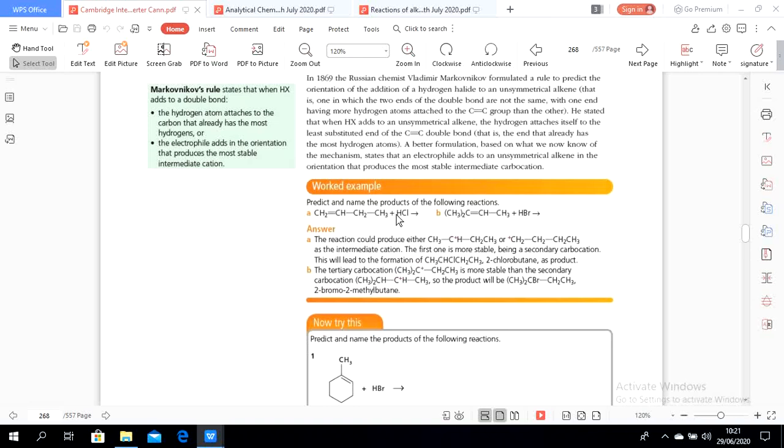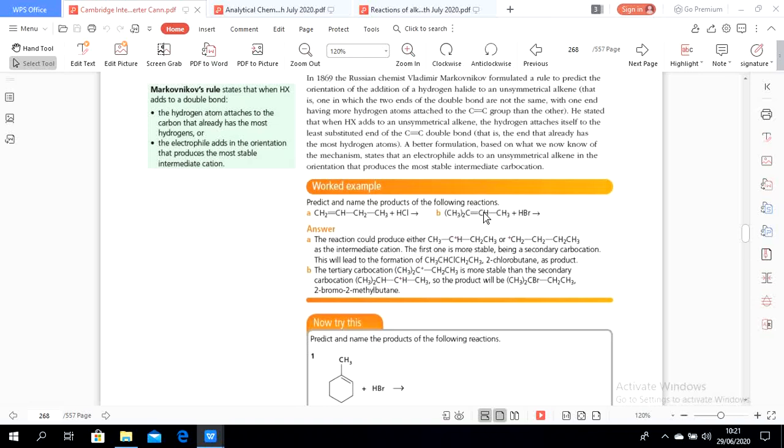So that makes the hydrogen of the hydrogen chloride go to the CH2. That makes it become CH3, and then this CH becomes CHCl. Also with this one, the other example, the alkyl here is not counted. Okay, the alkyl here is not counted. Also the alkyl here is not counted. Only count how many hydrogens are attached to the carbon directly on the double bond.